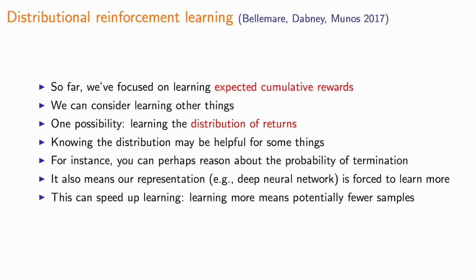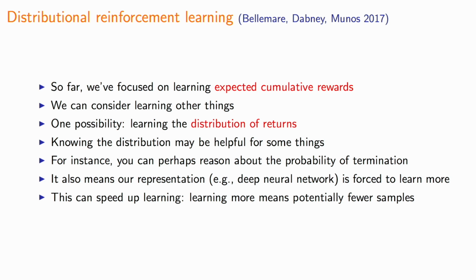For instance, you could reason about the probability of termination. Let's say your actual reward function is always 0 and it's 1 or -1 when you terminate. Then you can reason about what the actual distribution of these things is. How likely am I to terminate when I go here or there? Which might be useful, for instance, if you need a little bit of safe exploration, where you don't want to go to places where there's a probability that you might terminate or your robot might break down. So sometimes these sorts of things are considered in that context. You could also even consider having risk-seeking agents rather than risk-averse agents.